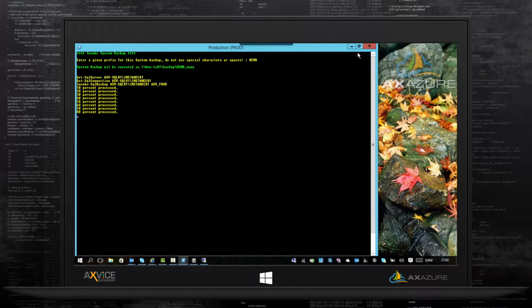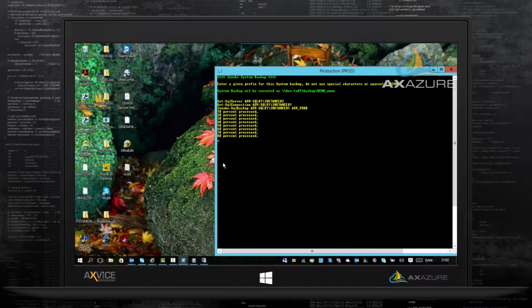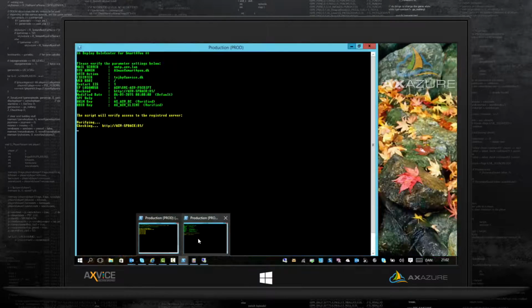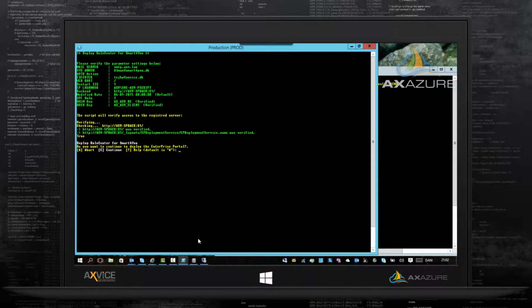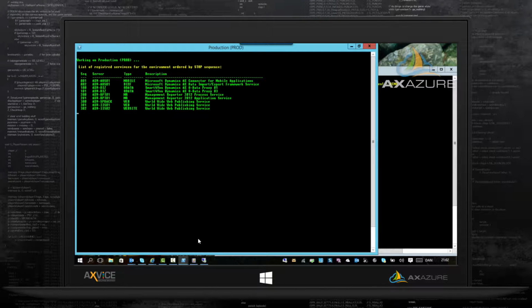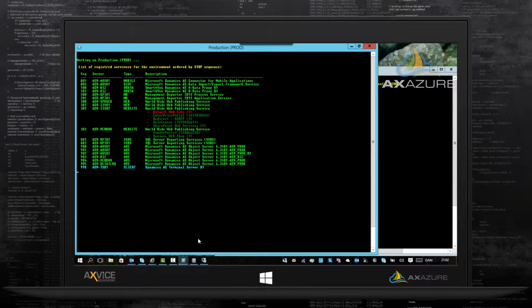So being able to do these things and being able to add your own scripts into the tool gives you this opportunity to extend.